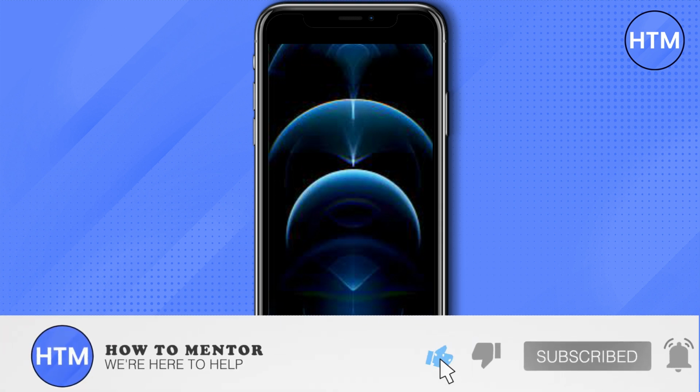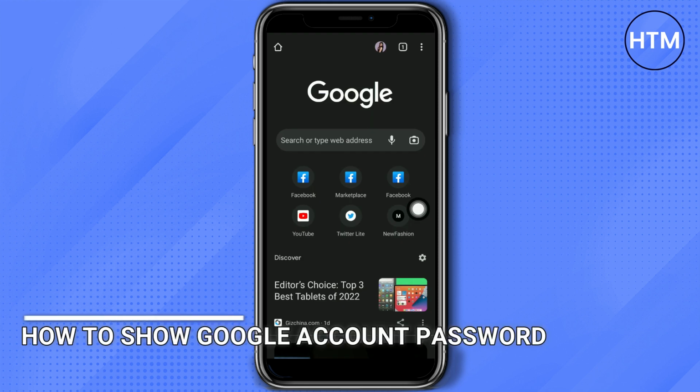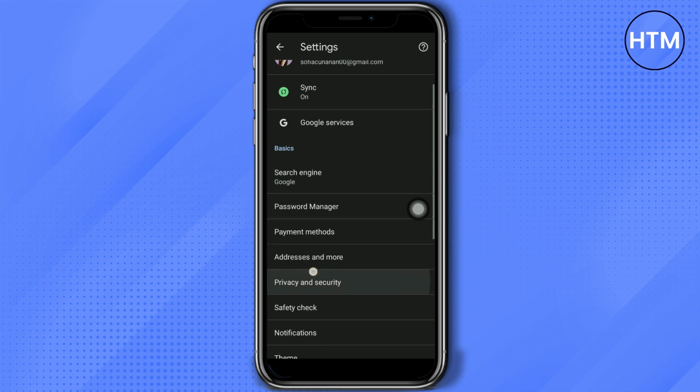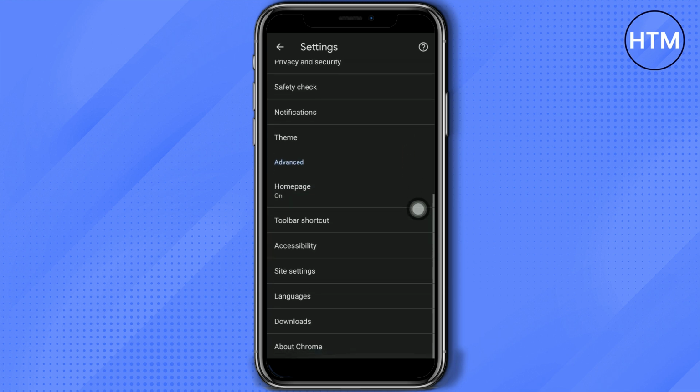In this video, I will show you how to show your Google account password. So first go to Google and then you will see here your account icon. So just click that and then scroll down until you see